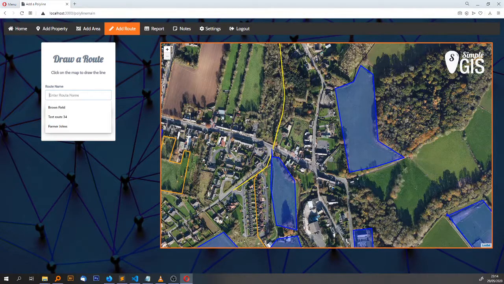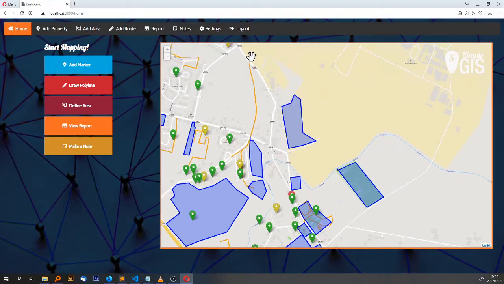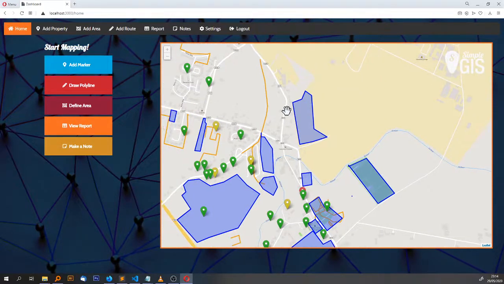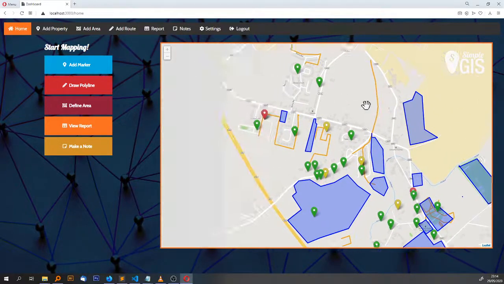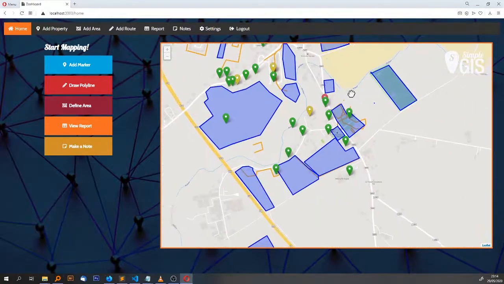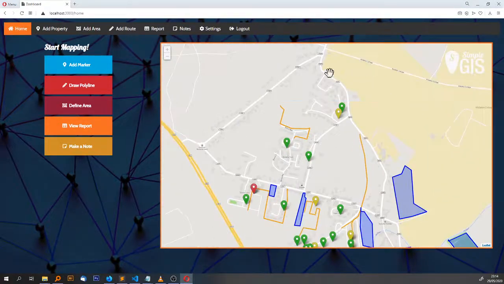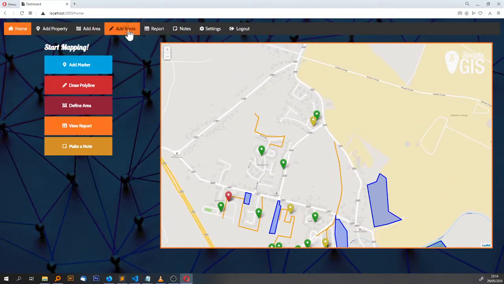Call this main node route, and if we save that, there we have the big long snake of a route we just done. Now I said it can be for many users, so there's a report view then. Obviously you still don't know how many houses you've signed up. You can start counting them, but I think there's 750 houses here in the village. It would take quite some time to count them up, so there's a handy little report view, kind of bringing in